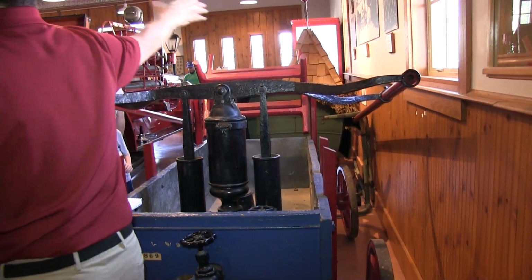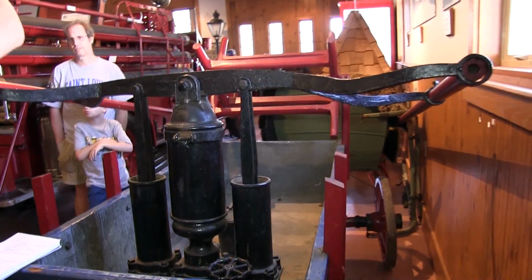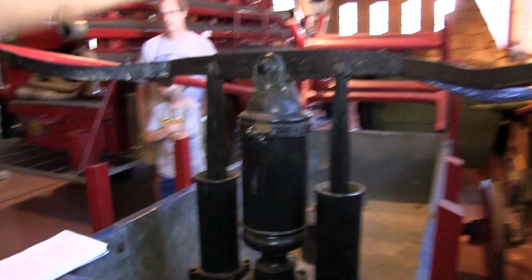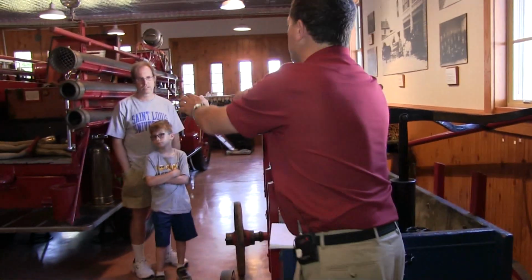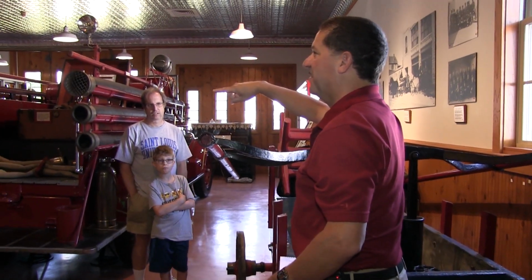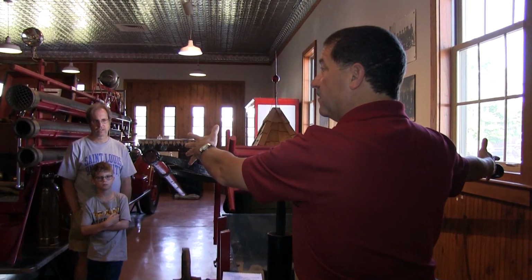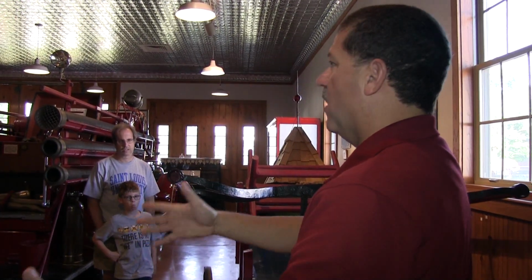Now there were 12 people or so at a time working this, but an individual could only last about 5 minutes, and then they'd have to take a break. So 6 people on this side, 6 people on this side, someone would come to this spot right here, everyone would move down, and the person at the end would take a break. 5 minutes later, another person would come in, they'd move down, take a break. So while they had 12 working the handles, the brakes, they had at least another 12 resting, waiting for their